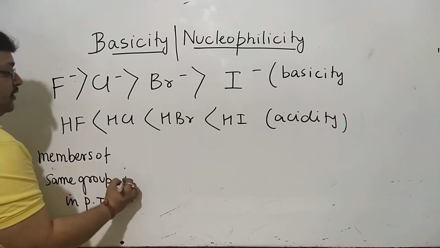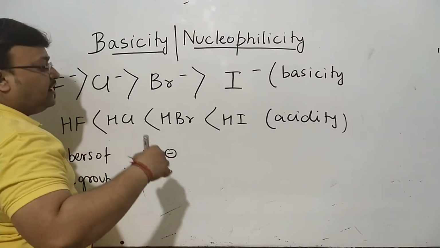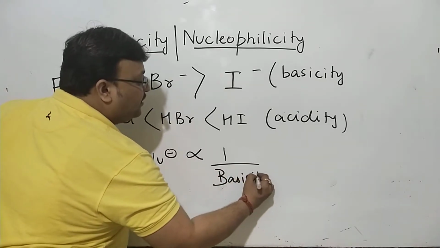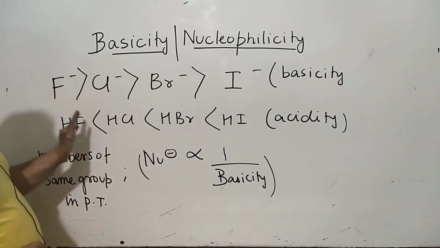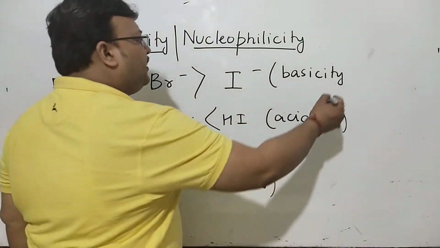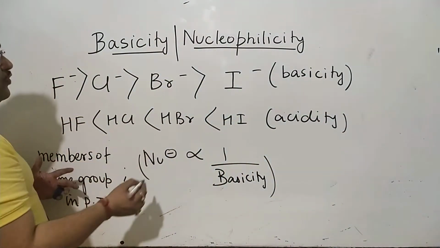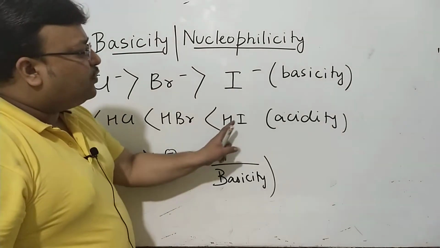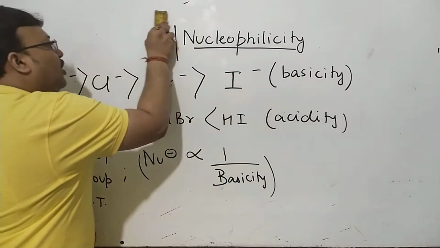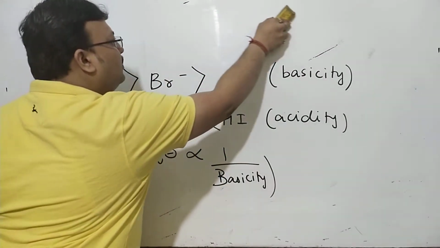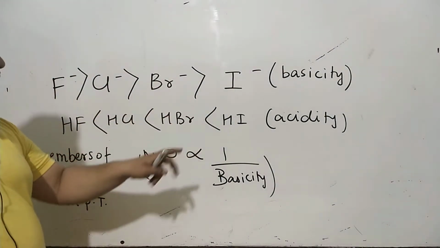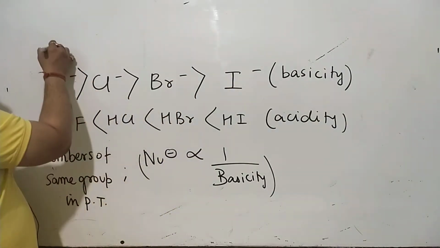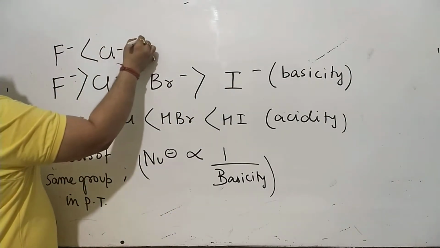now this time nucleophilicity runs anti-parallel. Nucleophilicity is kind of the reverse of basicity. So this time, if this is the order of basicity, we'll want to know the order of nucleophilicity will be the reverse. Every time I'll want to take acidity into account, obtain basicity, and know the rule. The rule is if they are related as members of the same group, then the order of basicity and the order of nucleophilicity will be reversed.